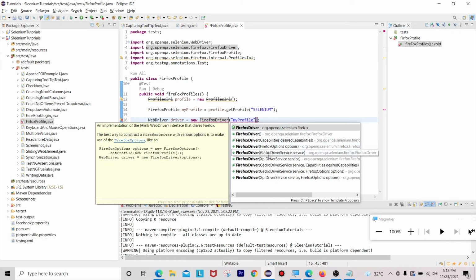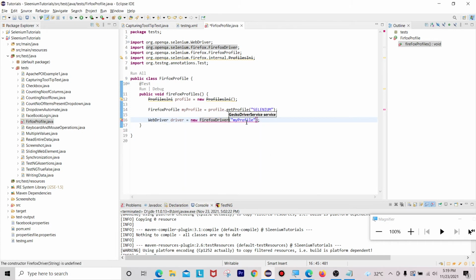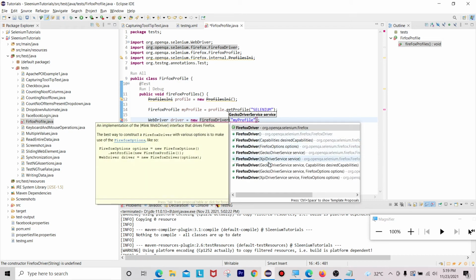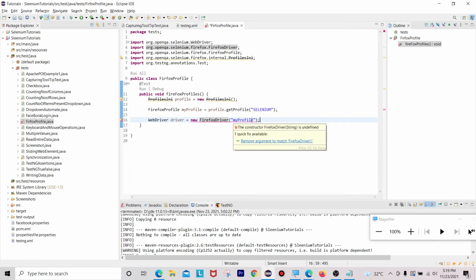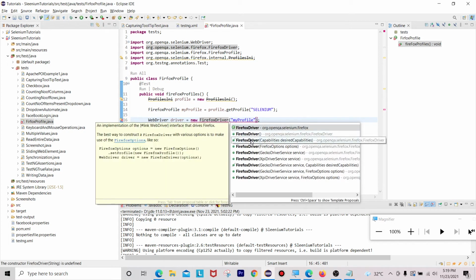Firefox driver of Gecko driver service. New Firefox driver, my profile.